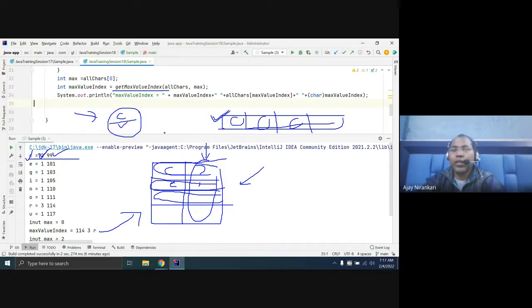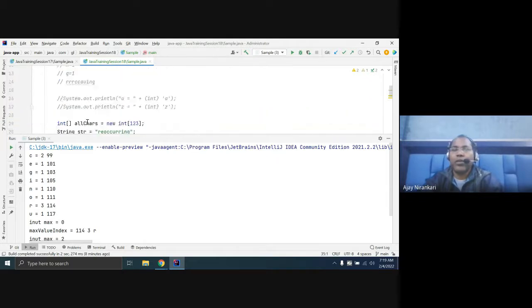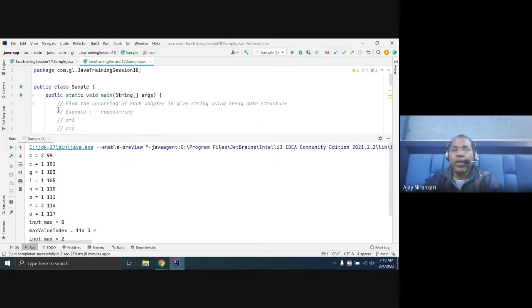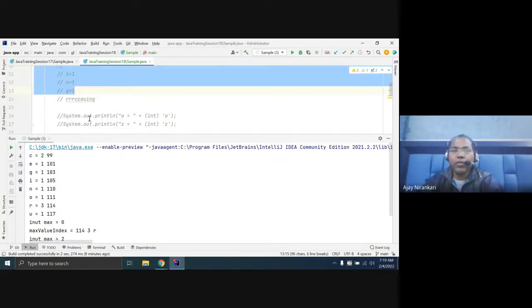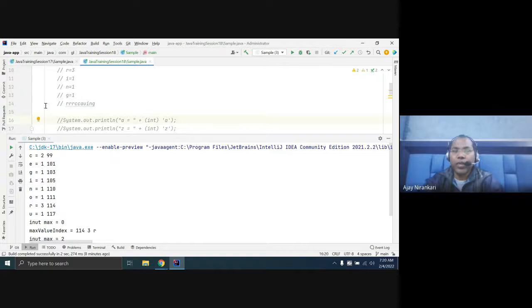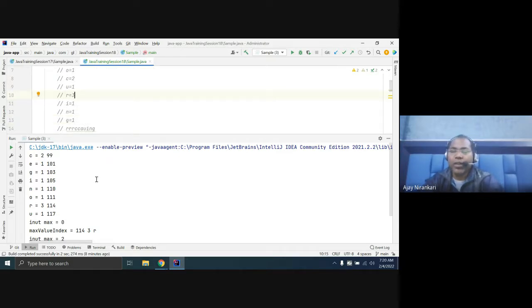So I'm explaining the basic way to think to solve the problem. Let us think of some alternative solution. If you find the occurrence of each character, that is one question solved. Now the problem is you want to print in the same order, with the maximum occurrence first.